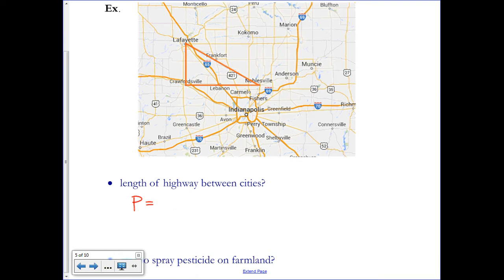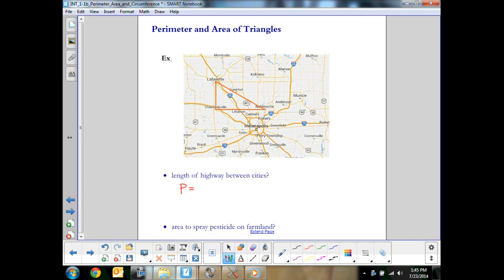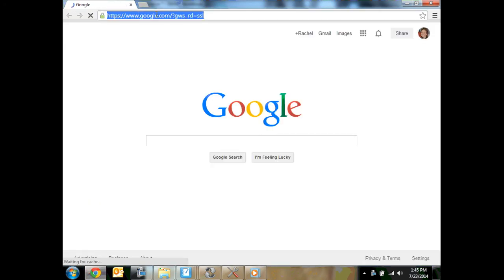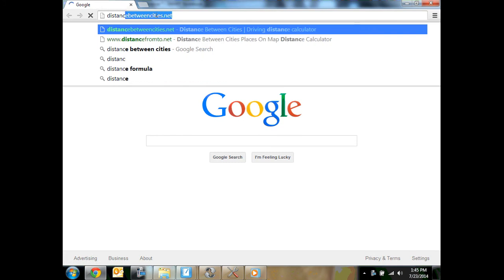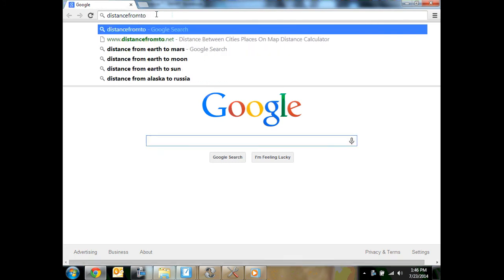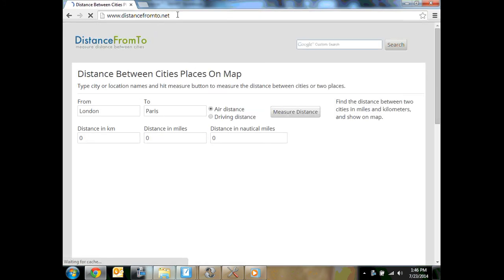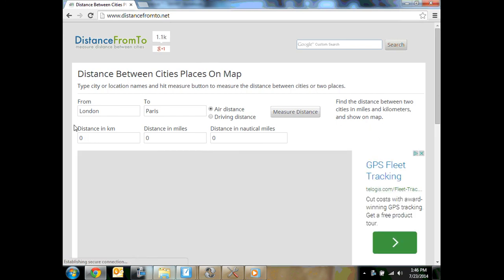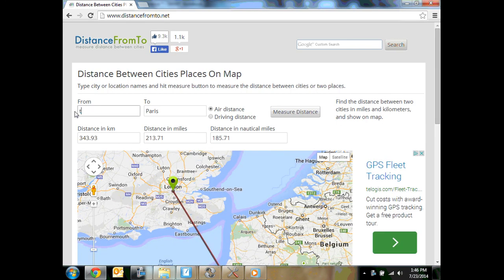But these are real cities, and you could go to the internet and find the distances. So let's say we want to do this in miles, and we go to a website, and we find the distance between Lafayette and Noblesville. So I'm just going to shrink this window and go to a browser, and we'll pull up a website that can be used to find distances between cities. There are many of them. One of them that I've been using is called distancefrom2.net,